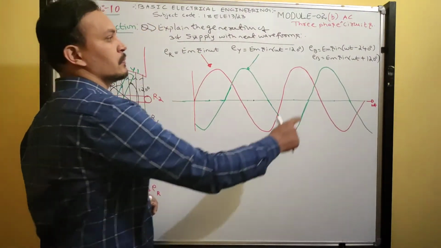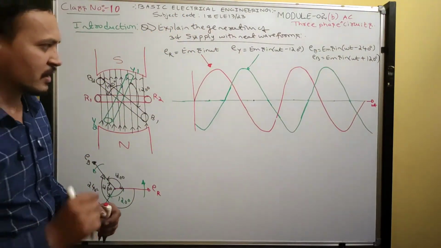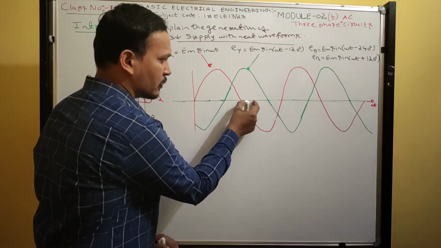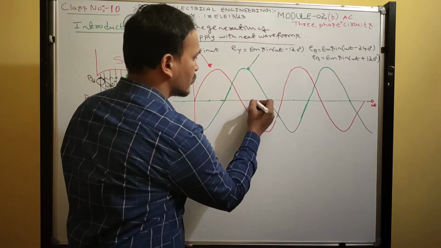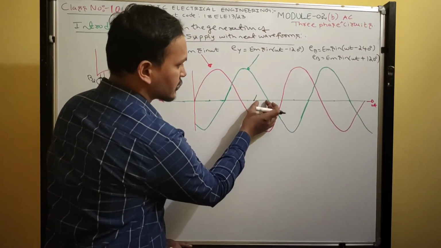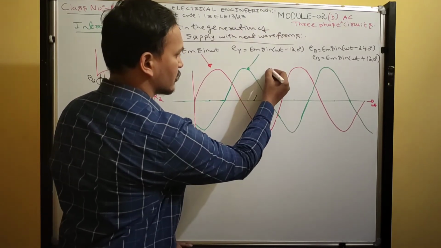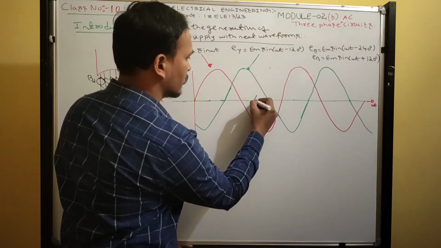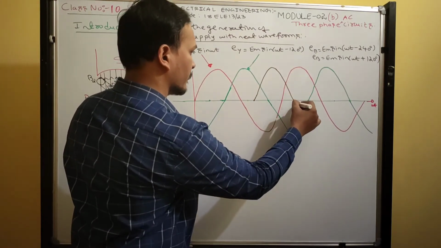So the voltage induced in B phase with respect to R phase is lagging by how much? 240 degrees. Where will you get 240 degree? 60 degree, 120, 180 and 240. 240 is here. Okay. You start writing the waveform from this point. You should write the maximum value at 90 degrees. So 60 degree, total this distance is 120. At 90 you should write maximum. So you can mark somewhere here, so that point corresponds to 90 degree. 60 plus 30, 90. So you can increase like this. Okay, and you can start writing.